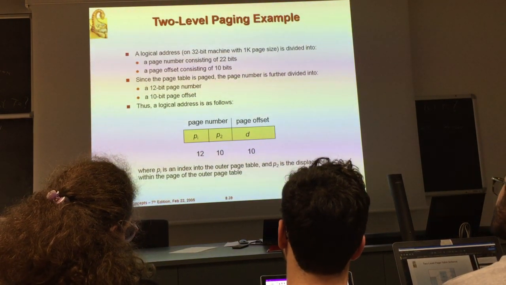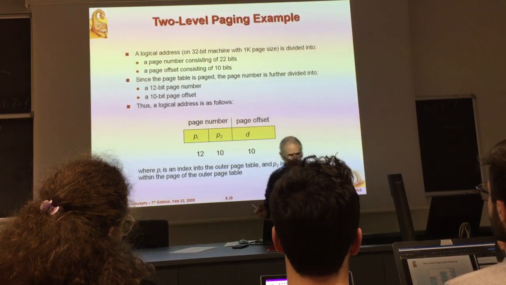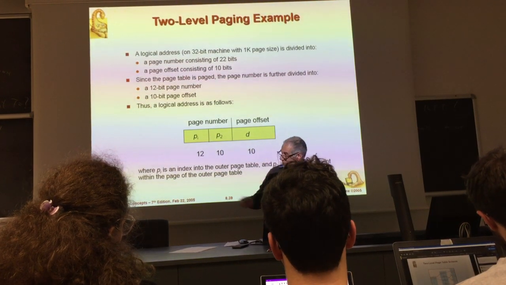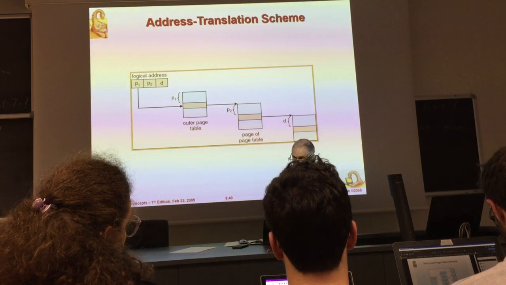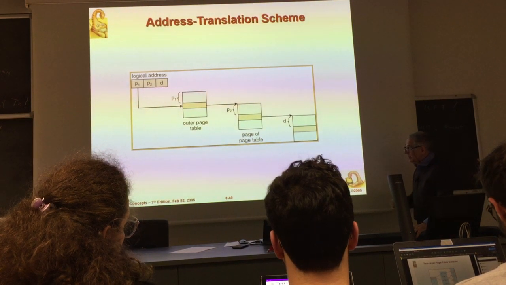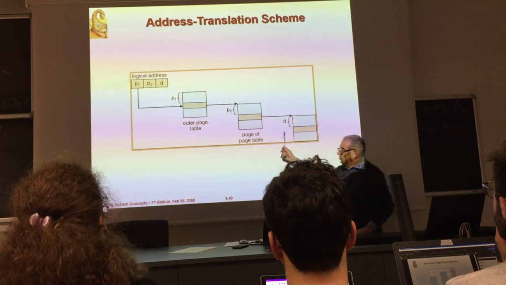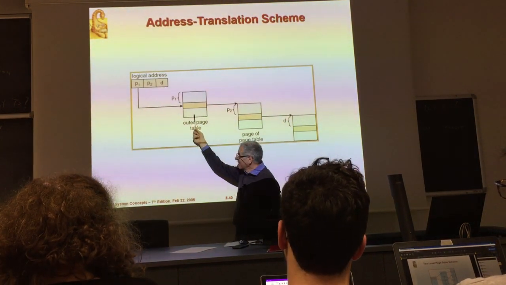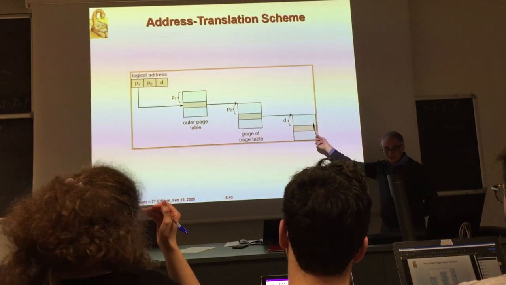As I said, this architecture is used by Intel, by the way, as we will see, with 12 here. The overhead, as I said, is 200%, because to reach this byte, you have to read this frame,